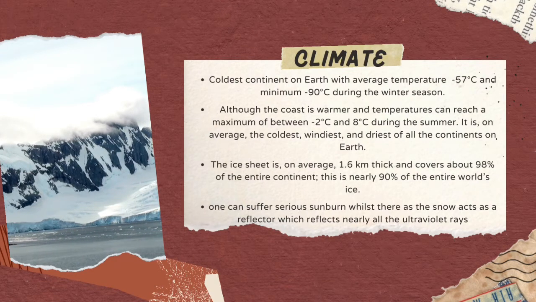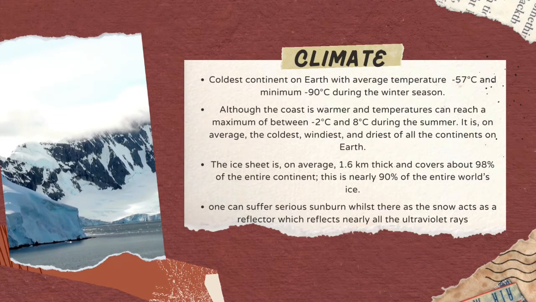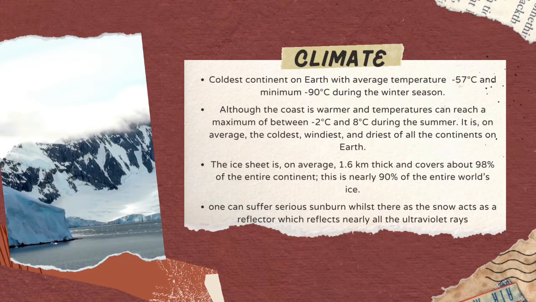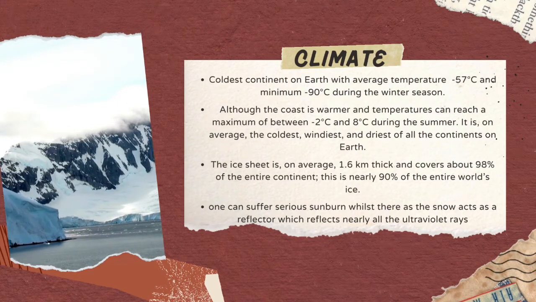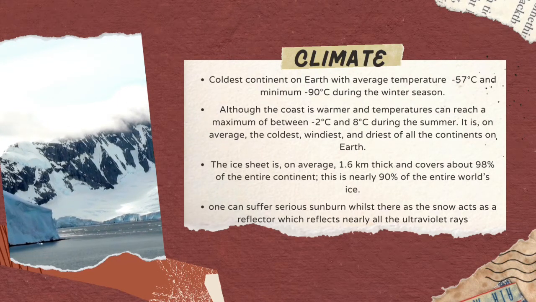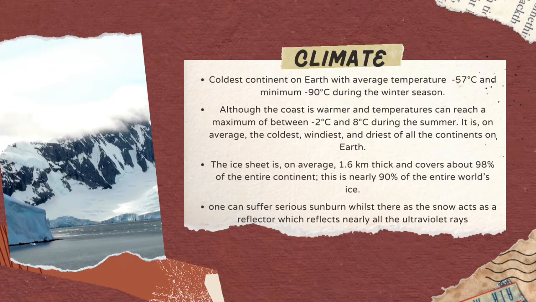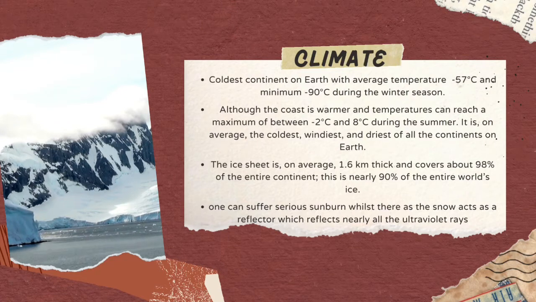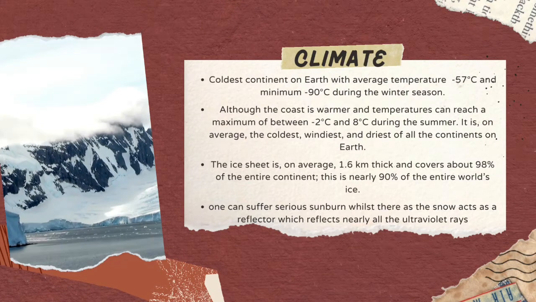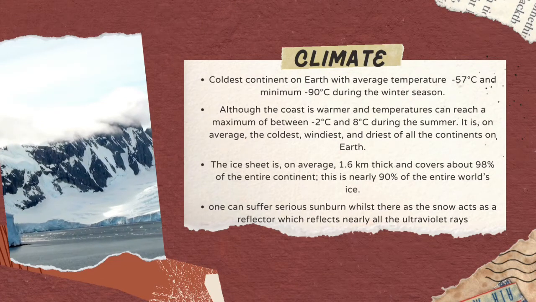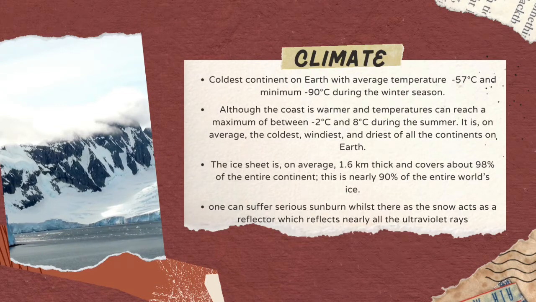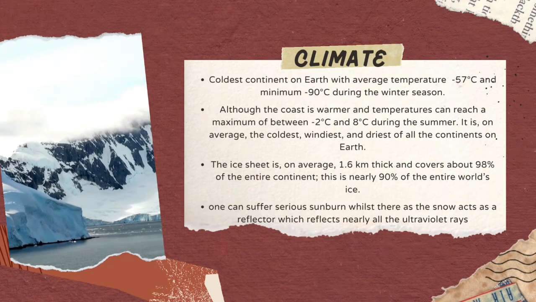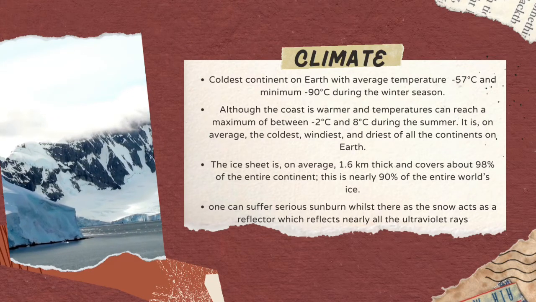Technically, Antarctica is a desert because it is so dry there, with an average annual precipitation of just 166 mm along the coastal regions and even less when moving further inland. With such cold conditions, the snow hardly ever melts. Instead, it will mostly become compressed over time to form part of the ice sheet. This is known as an ice cap climate. This ice sheet is, on average, 1.6 km thick and covers about 98% of the entire continent.